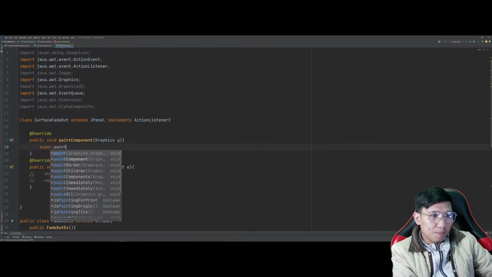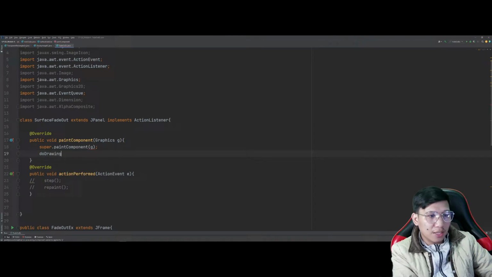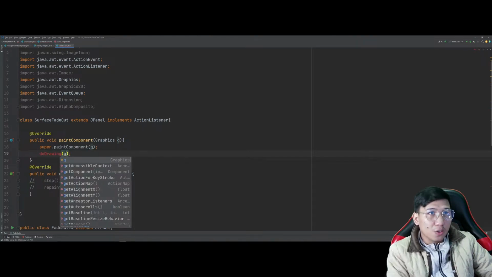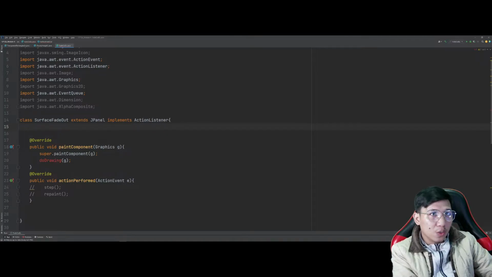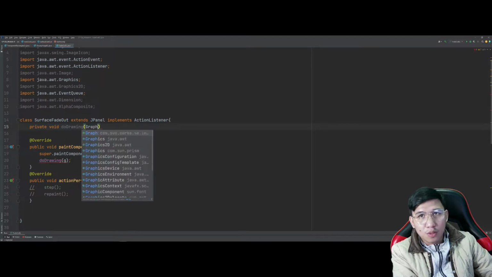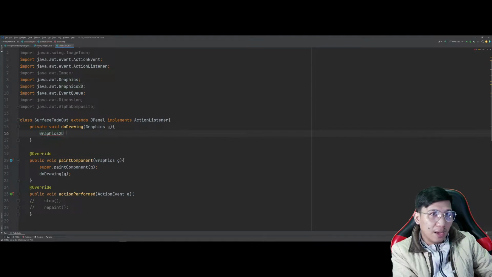Yan. Super the paint component graphics G, tapos i-bato rin natin siya kay method na do drawing. So we already know that the do drawing method here will be the one who will also cast the graphics into its corresponding graphics 2D. So we have here the private void do drawing method, diba? Tapos meron tayong graphics G, in which we will be casting that out, yan, G2D is equal to graphics 2D